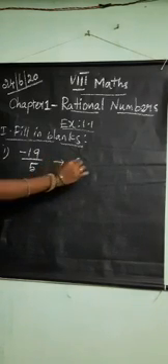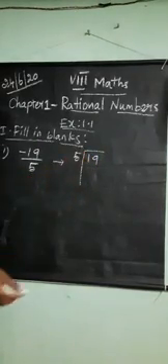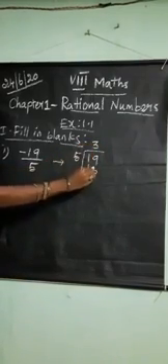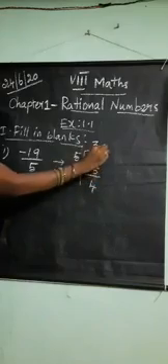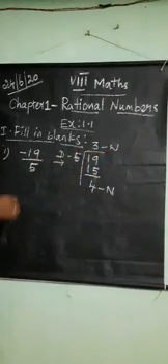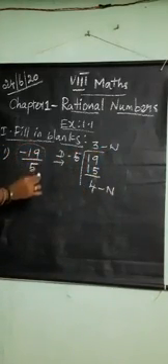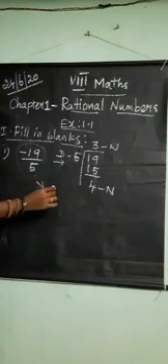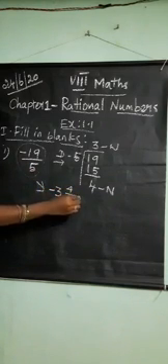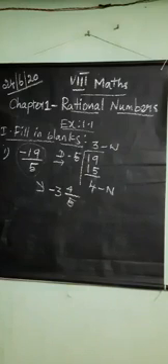How to convert? 19 divided by 5. Fifth table, how many times? 3 times. 3 5s are 15. Balance 4. This is the whole number, this is the denominator, this is the numerator. So this converted into a mixed fraction means whole number. Here minus, so write minus 3 4 by 5.